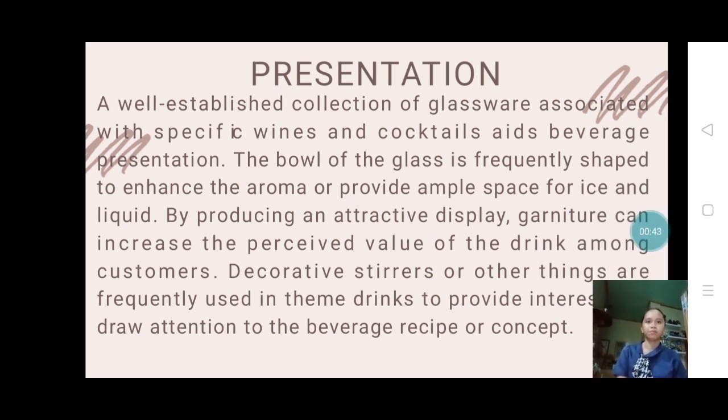recipe or concept. So the presentation of beverages is enhanced by a carefully curated collection of glassware tailored to specific wines and cocktails. Glassware is designed with features like shaped bowls that can amplify aromas or accommodate ice and liquid effectively, contributing to the overall drinking experience. Additionally, garnishes play a crucial role in elevating the perceived value of a drink among customers by creating an attractive